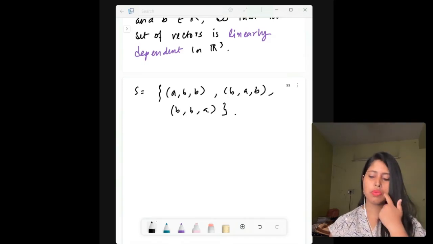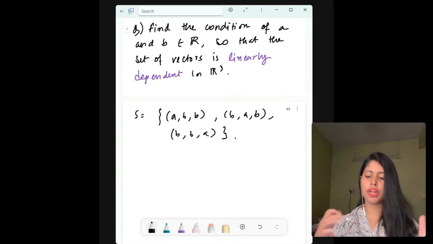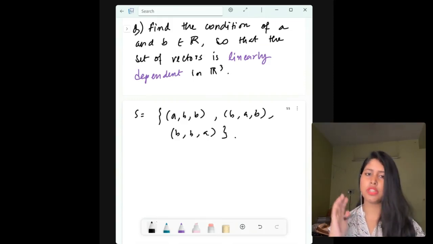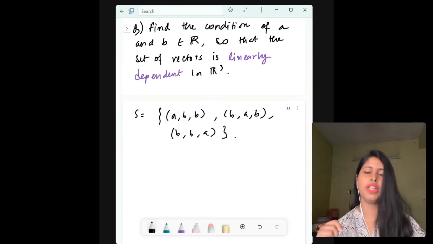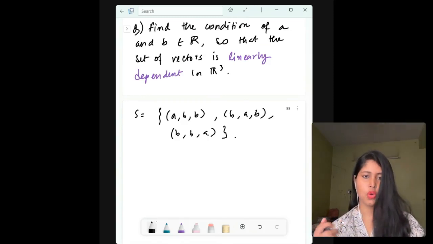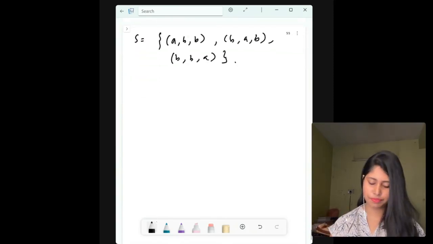So from here we will again write that we need to find the condition when it is linearly dependent in R3, right? So we will first write the condition of linear dependence, that is C1 alpha 1 plus C2 alpha 2 plus C3 alpha 3 will be equals to theta, which is the zero vector, and not all constants will be zero, right? And then we will get three equations, right? From these three equations we will substitute the values and solve, and then we will get the condition for the linear dependence. Okay, the condition between a and b. Okay, so let me solve it and see what we get.